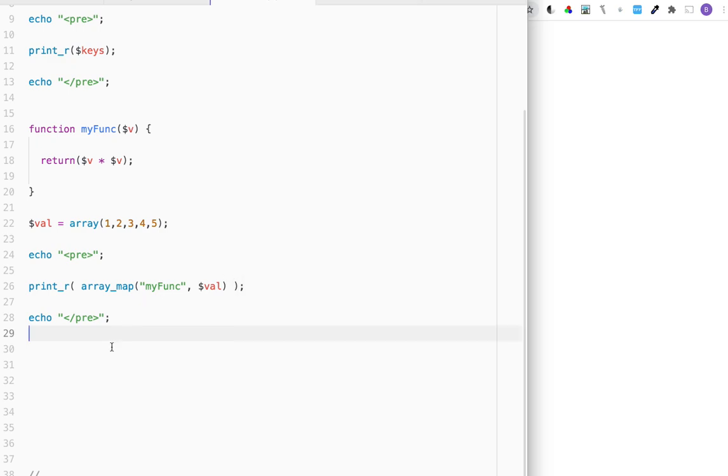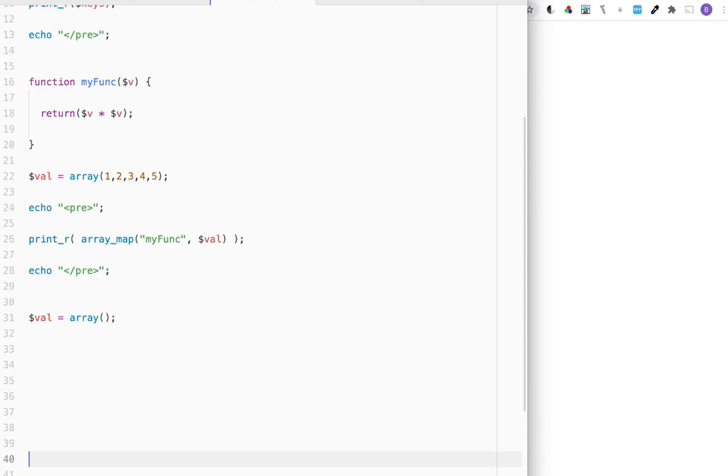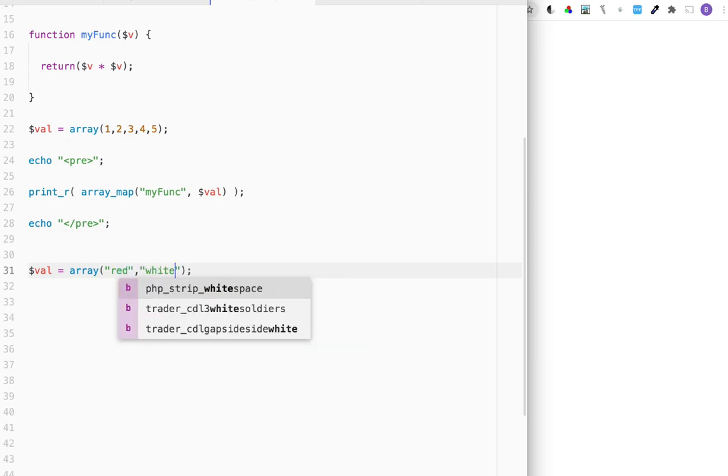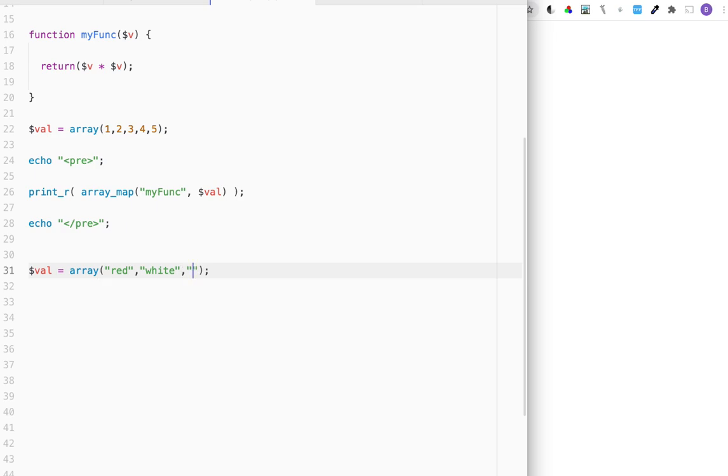We also have something like to pop it. Oh, let's keep this here. What the heck? Like to pop it. Like for instance, if I did dollar value, I'm going to change the value now. And let's say array, and I want to pop some. So right now we say red, white, blue. Right, like that. And then I wanted to, let's print,